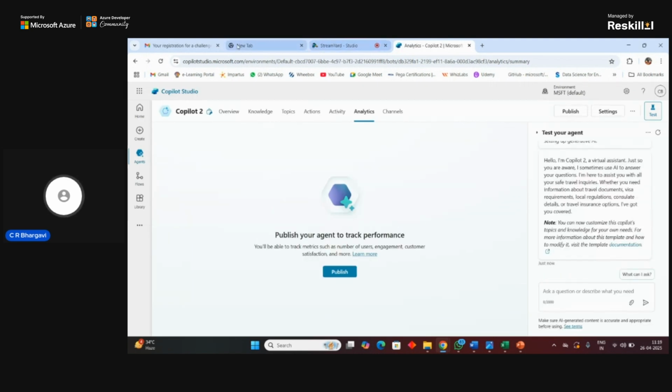So once you get inside copilotstudio.microsoft.com, you would be prompted to log in for your Copilot Studio, where Copilot Studio offers you a 30 day free trial, and after that you have to have either enterprise access for it, or you can buy on your own. Maybe we will be discussing the licensing and pricing part at the end of Copilot Studio.